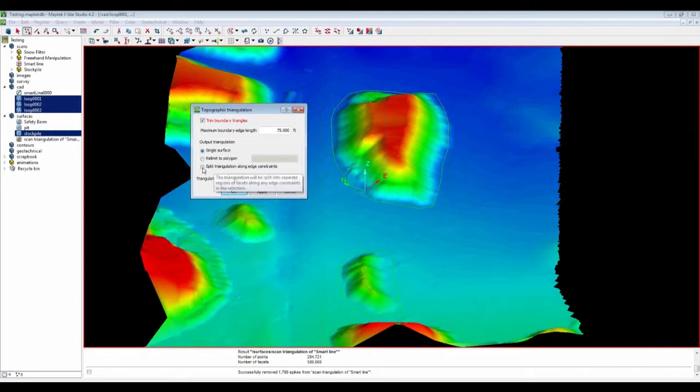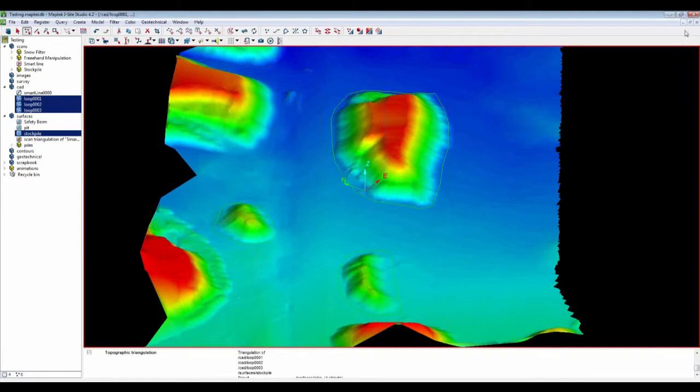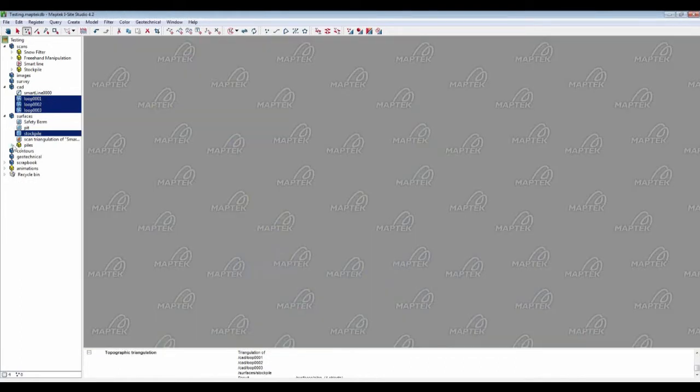What that's going to do is give me multiple triangulations, and anywhere it runs across an edge and interprets the polygon as an edge, it's going to create a separate object. So I'm going to go ahead and create that, and now we've got this piles container that should have 4 triangulations in it. I'll bring those into view,